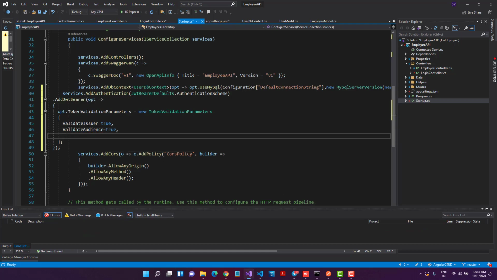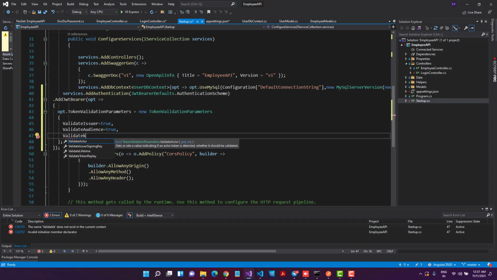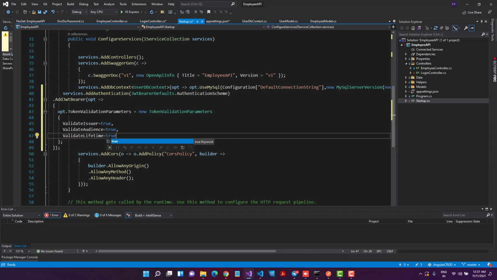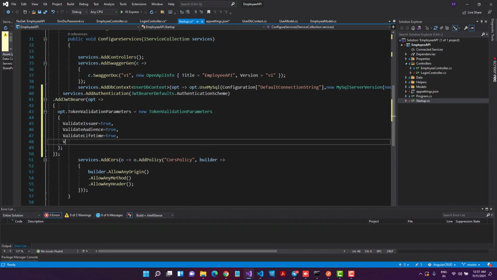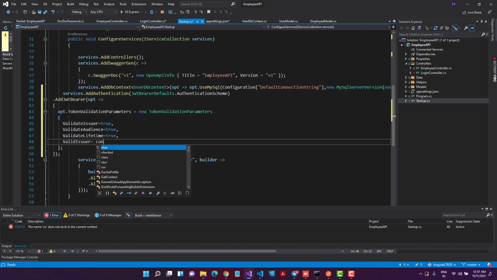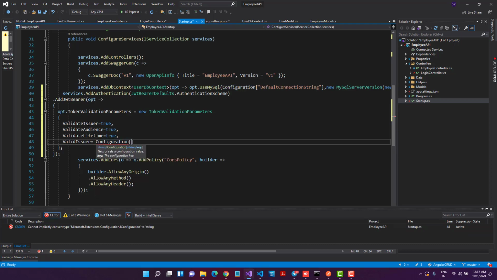The third thing, we have to validate the lifetime. So I'll say validate lifetime. This should also be true. Then valid issuer, and we can get it from the config. So I'll say configuration, and inside that I have that JWT created, so issuer.